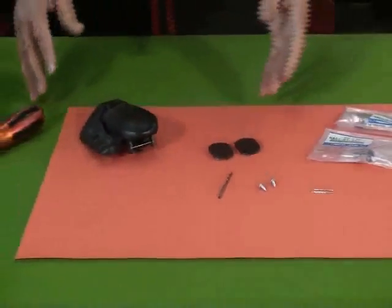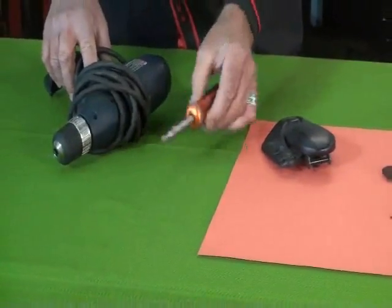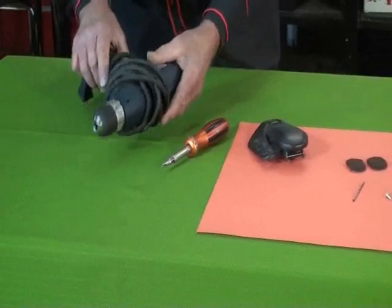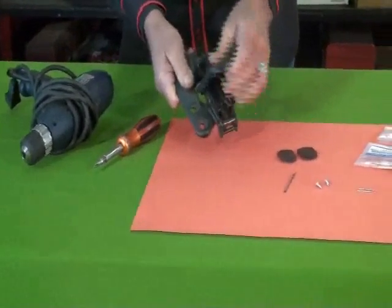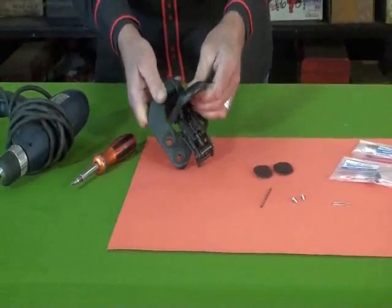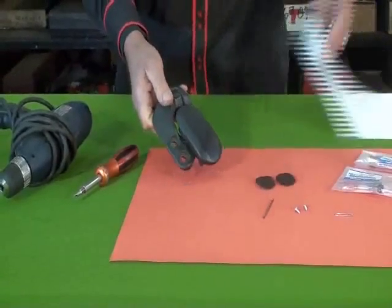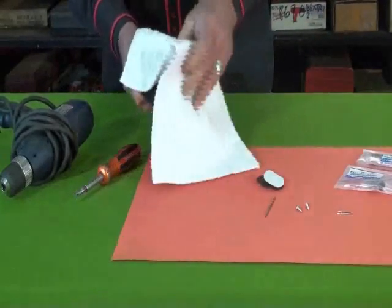Now the tools that you're going to need to do the job: you're going to need a number 2 Phillips screwdriver and an electric drill. Of course, you're going to have your floppy latches. Now you're going to take that floppy latch, and the proper way to do it, we're going to cover the clasp